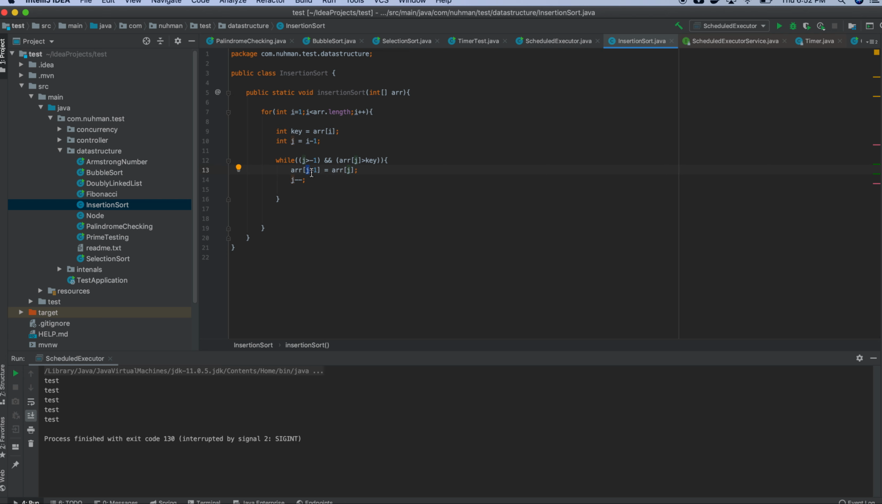So if I am assigning array of j plus 1 the array of j value, the array of j value will not change, only the array of j plus 1 value will change. That also is a significant thing for this kind of sorting. Then what I am going to do next is,